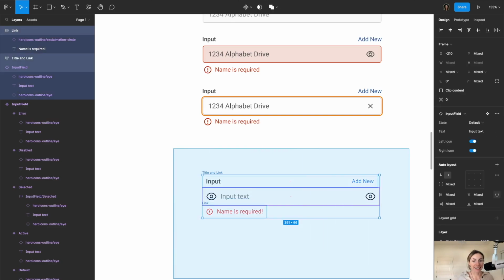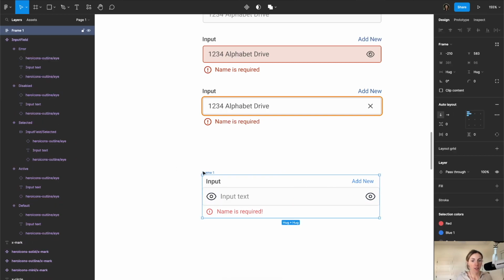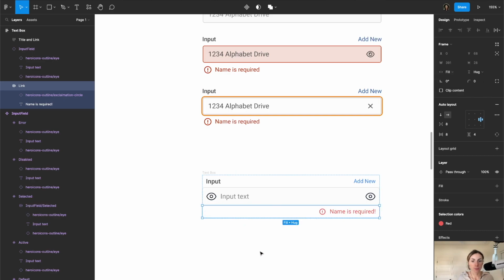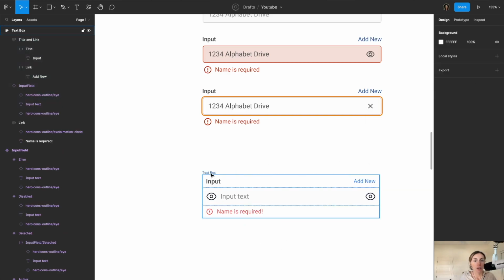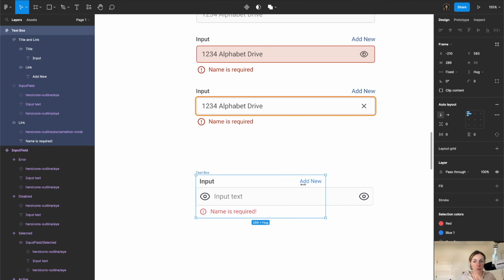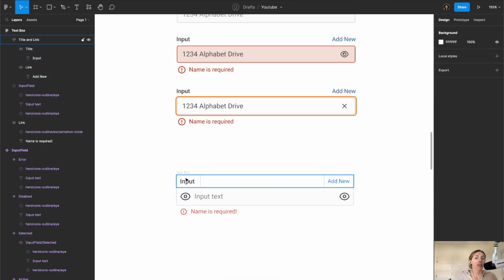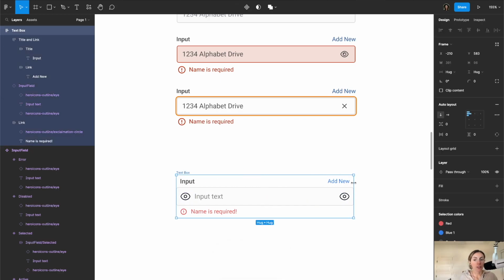So all we're going to do is select all of these frames, right? Link is in a frame. Our text field component is a frame. And then our top title and link, we're going to press Shift A, right? Name this text box. And what we're going to do is we're going to set this one to fill. And we're going to set this one to fill as well. Space between. So what that means is when we move this whole frame,